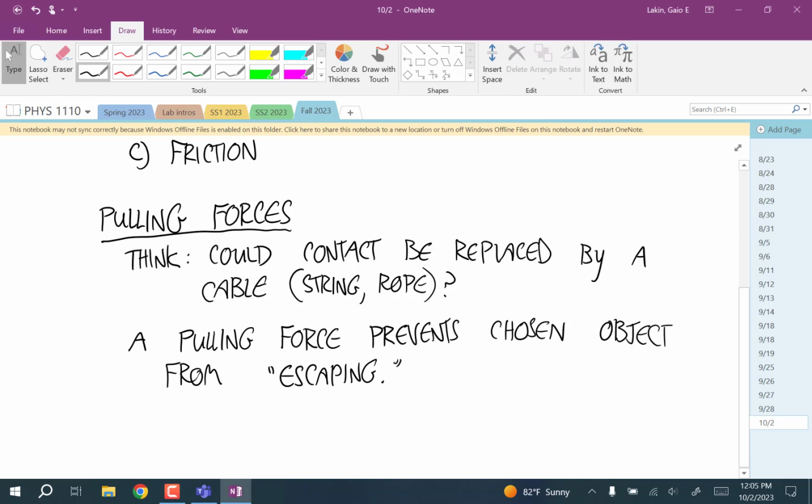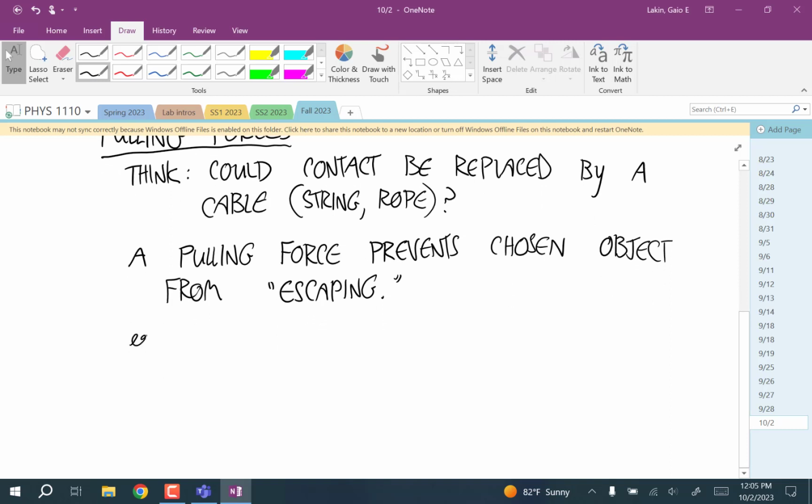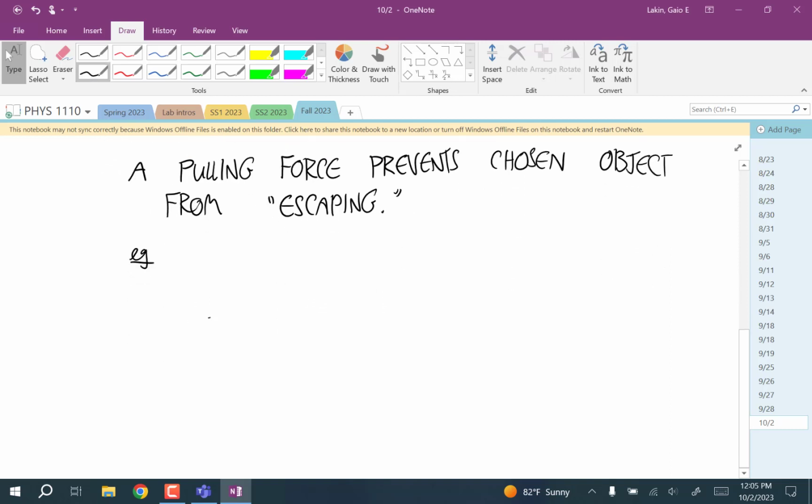So the same way that a pushing force keeps the chosen object from invading the space of the other object, a pulling force keeps them from separating. So for example, if you had a cart here and it's connected by some kind of coupler to another cart here, and you applied a force of 500 newtons this way,